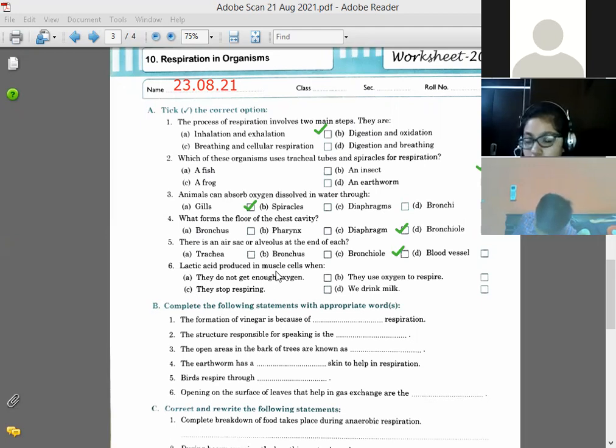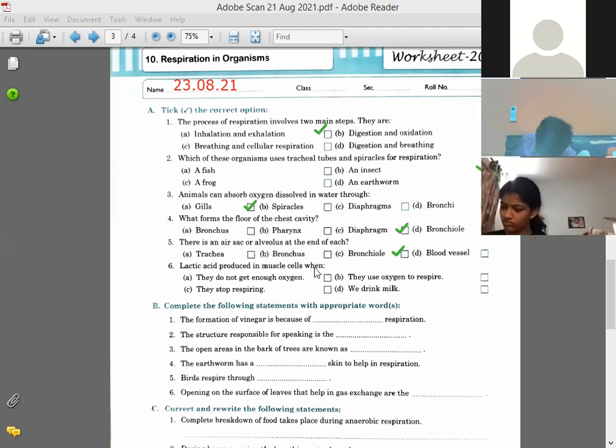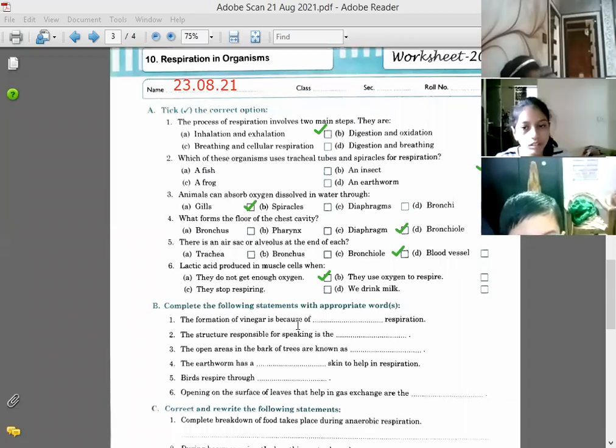Lactic acid is produced in muscle cells when they do not get enough oxygen. So lactic acid is produced when the muscles do not get enough oxygen. Okay? Yes, ma'am. Because at that time the demand is more and supply is less. That's why. Next, the formation of vinegar is because of